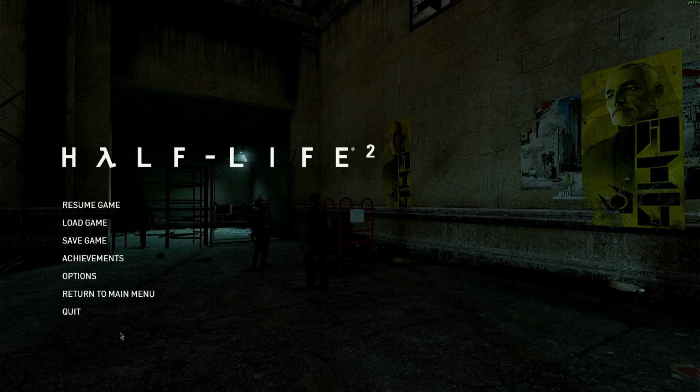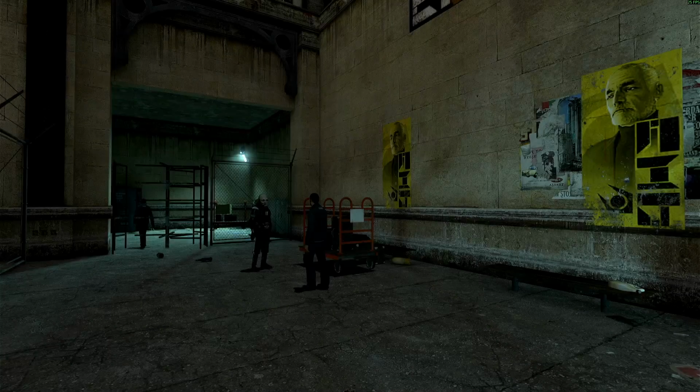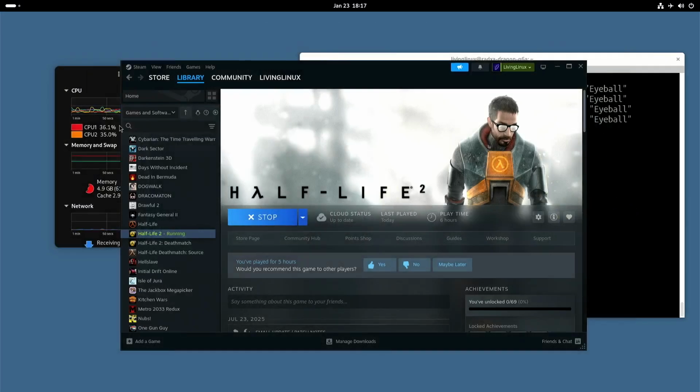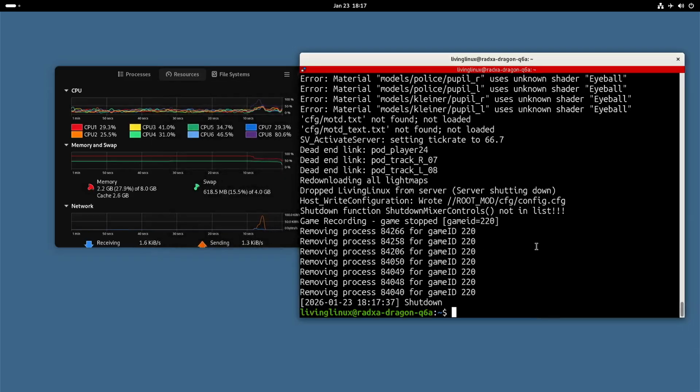So yeah, with a bit of luck you can get up to 30 frames per second, but that's probably the moments that there's not that much happening on the screen anyway. But yeah, I'm really happy with this